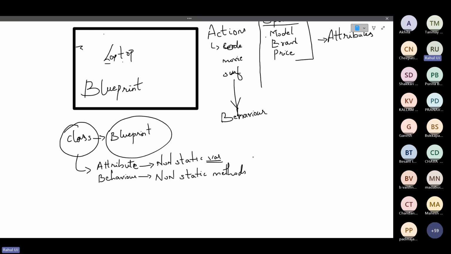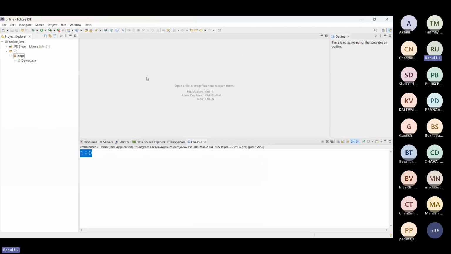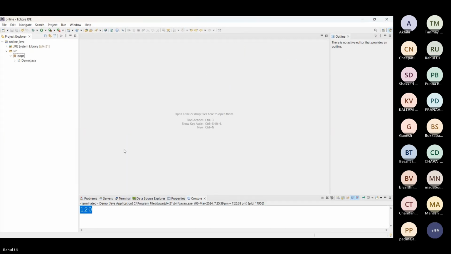So shall we see an example of creating an object, a sample program of non-static members?